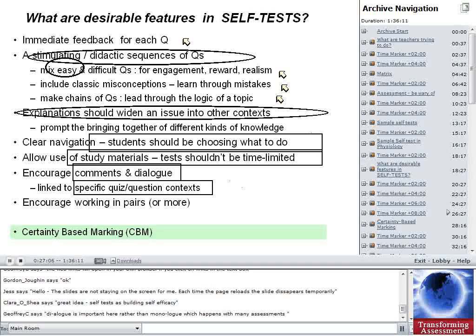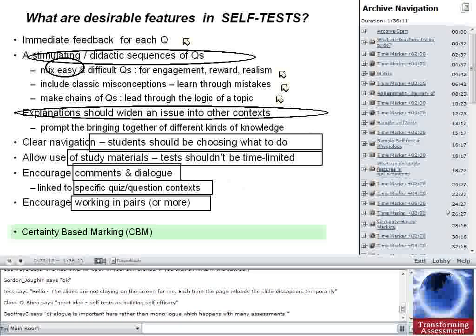Lastly, here, thinking about how, in general, to make self-tests work well, it's often sensible to encourage the students to work not just on their own, because